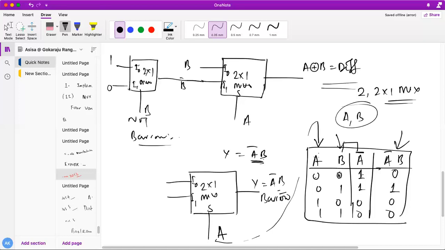Now you see here, A equal to 0. What am I getting? 0 0 1 1. So I am getting B actually. If A equal to 0, how does the output relate? You see these two columns now. Y is nothing else but my B. So I can just write down here 0 1. This is my B.